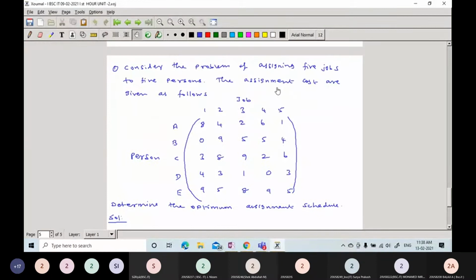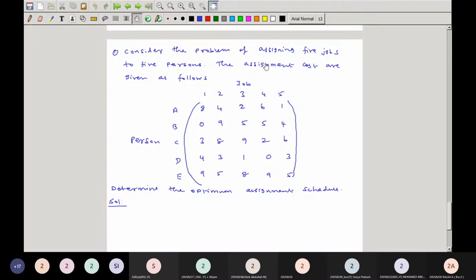Next, we are going to solve the assignment problem, or Hungarian assignment problem, the Hungarian method. First, check whether the number of rows is equal to the number of columns. If it is so, the assignment problem is said to be balanced. Then proceed to step 1. If it is not balanced,